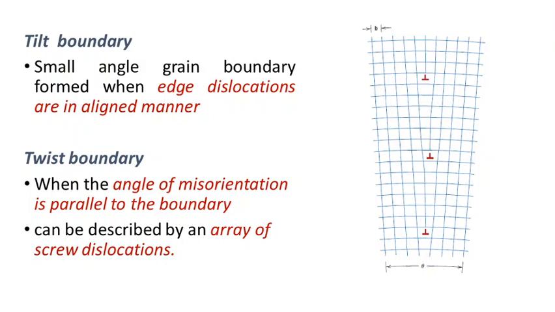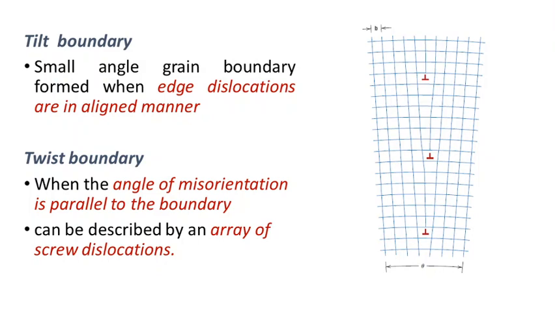Another two types of surface defects which are commonly observed are the tilt boundary and twist boundary. We already know the linear defects, which are edge dislocation as well as screw dislocation. A group of edge dislocations, when combined and oriented in such a way that they are aligned and form a surface, we call it a tilt boundary. A boundary-like surface formed when a group of edge dislocations are aligned. A twist boundary is such an alignment of screw dislocations, an array of screw dislocations aligned like a boundary. We call it a twist boundary.